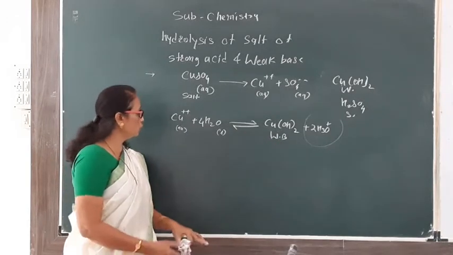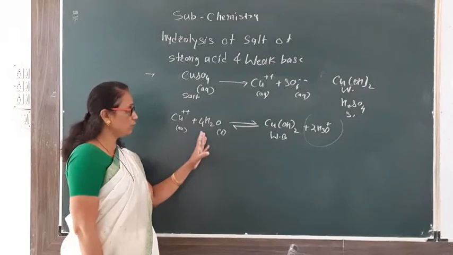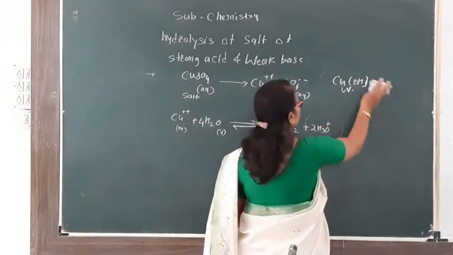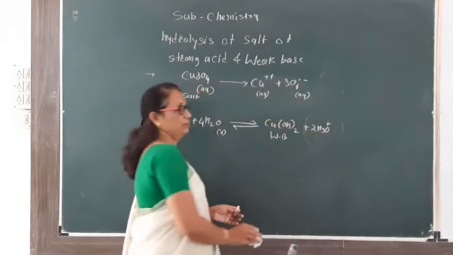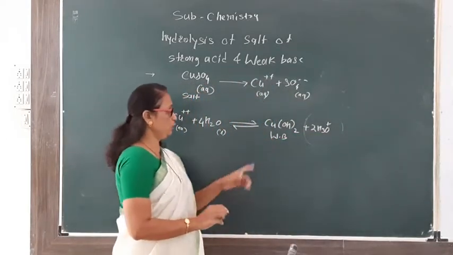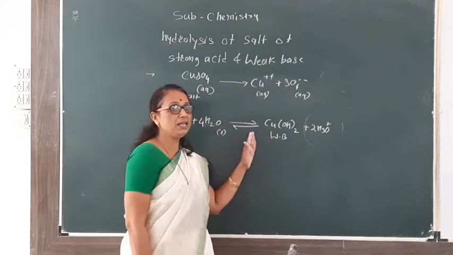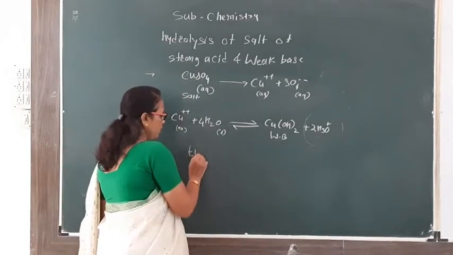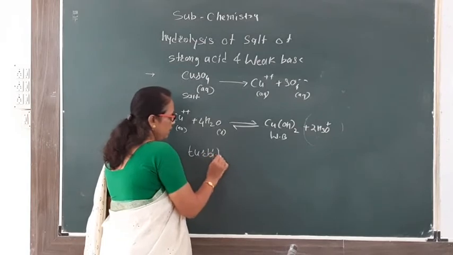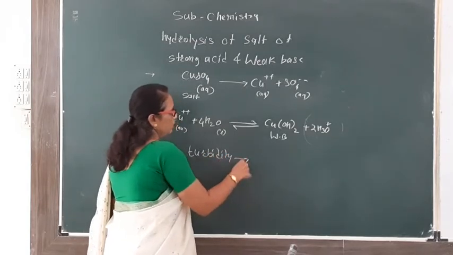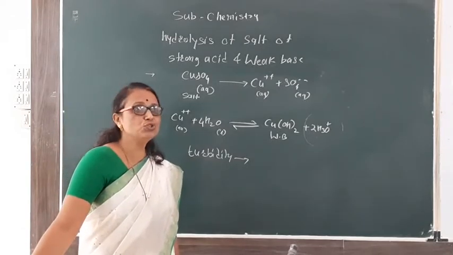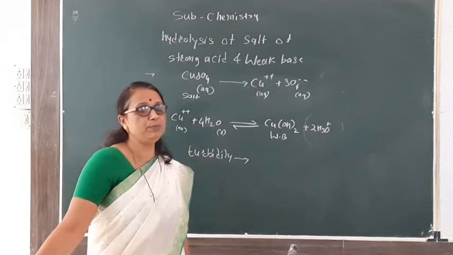which gives the acidity to the solution. This cation reacts with water to give the acidity to the solution. As the Cu(OH)2 is sparingly soluble or less soluble, there is a formation of turbidity in the solution. In laboratory, we think the solution of copper sulfate may be turbid.